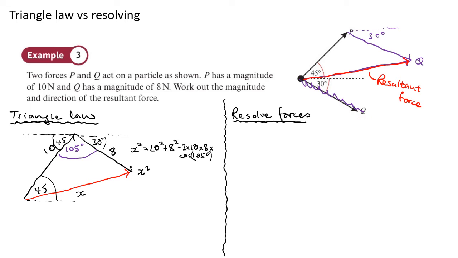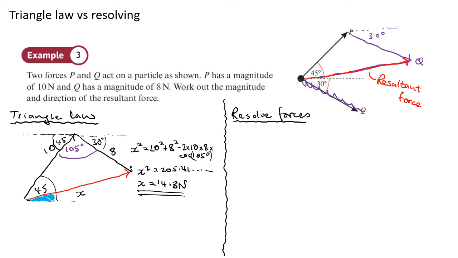So that is 10 squared plus 8 squared minus 2 times 10 times 8 times cosine 105. That's 205.41, so square root it. That's 14.3. Okay, so that's the size, the magnitude of the force. We now want to find the direction. So we probably want to find